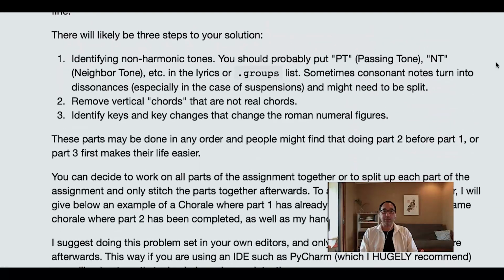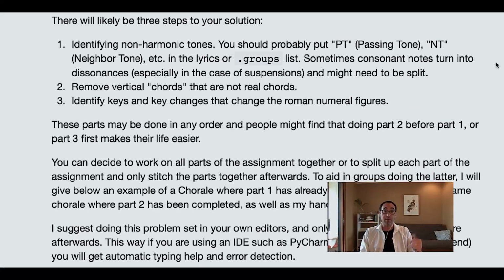I want to say that there are two different approaches that you could be using, and perhaps more, to do this kind of assignment. What I'll be doing in the rest of the video is an approach where you start by labeling every vertical element, and then you start removing ones that don't seem to actually be chords. And this is a great way of working. Another way of working that